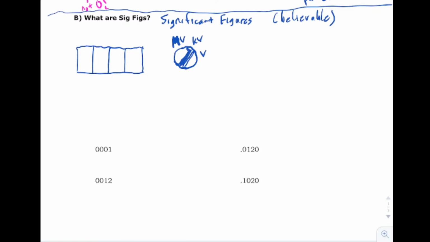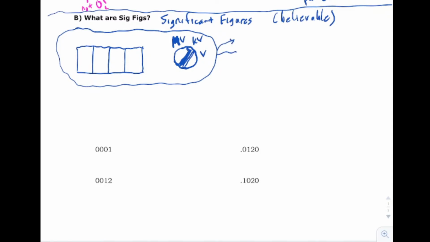Since you have this knob lined up with kilovolts, right now it's going to measure kilovolts. And so then you take your meter, let's say this big old meter there, and it's going to have some wires on it. You're going to hitch the wires up to something and measure, hey, what's my voltage? Imagine there's a circuit and there's a resistor, and this hitches up to all kinds of stuff. What you're doing is taking your wires and putting one probe there and the other probe there, and it'll tell you how many volts you have